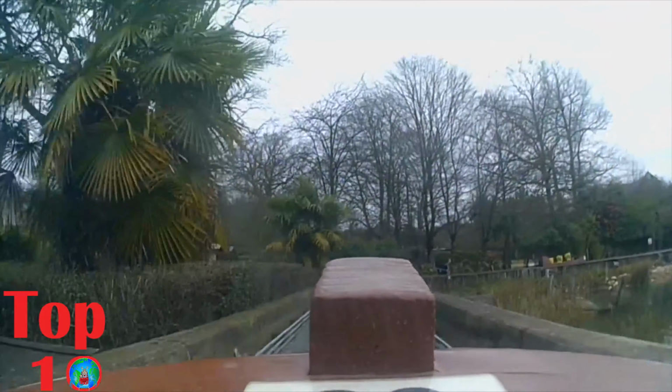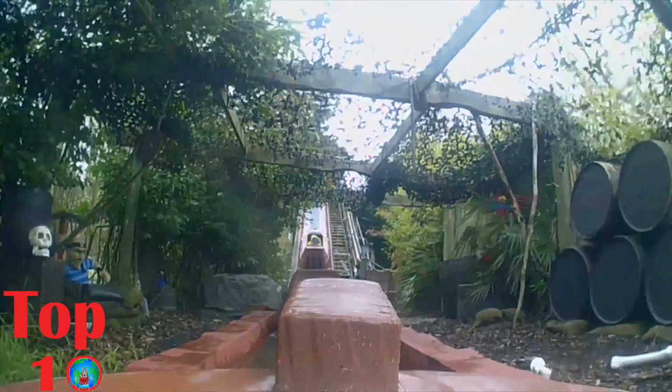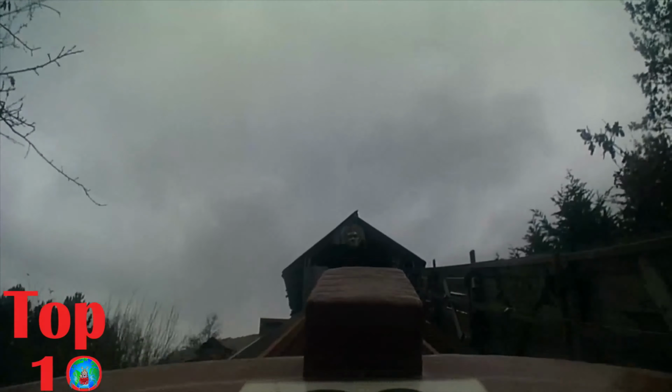And you head around there, so much great scenery, the sound effects are awesome. However, I felt like they could do a lot more in that space, but the ride itself is amazing there. There are lakes, there are pirates made out of Lego, honestly. And then you go up the lift hill towards the big drop, where you slowly move along the top section